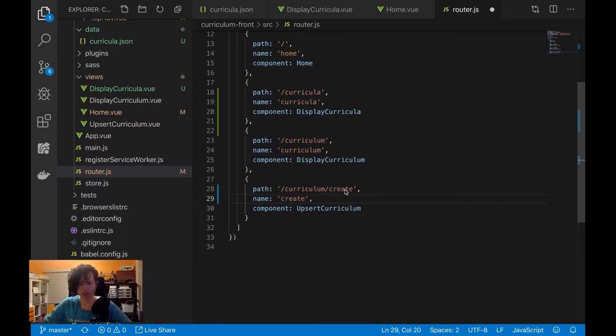Yeah, I'll do this curricula/create, and I think I'll do create. Yeah, because I think eventually, instead of just having one component that does everything, that's gonna be a huge component. So I'm gonna